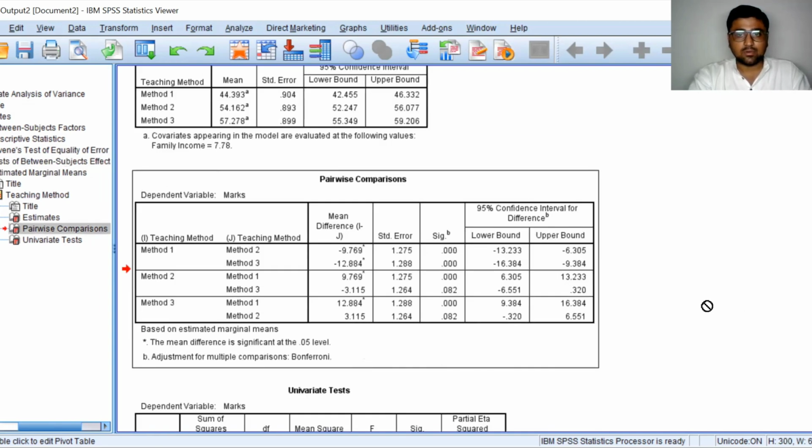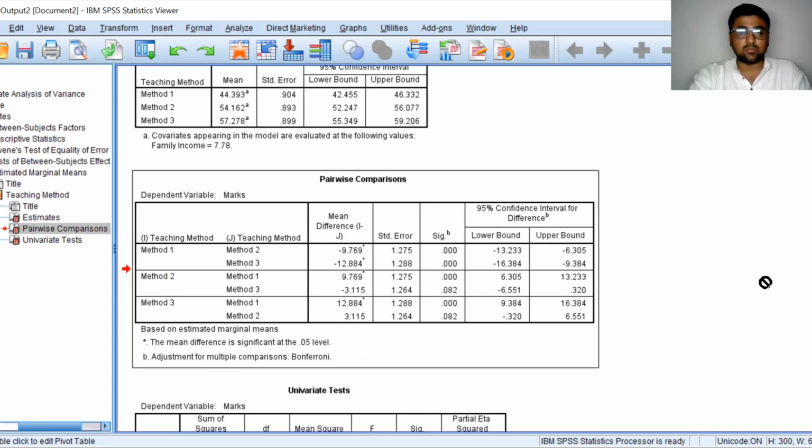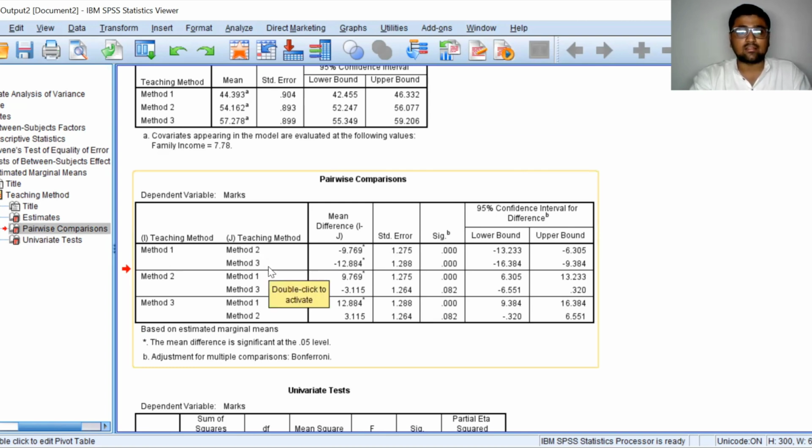So from this table, you can identify that there is a significant difference in method 1 and method 2 because the associated SIG value is less than 0.05. So the mean difference between teaching method 1 and teaching method 2 is statistically significant. So teaching method 1 is significantly different from method 2 and method 3.